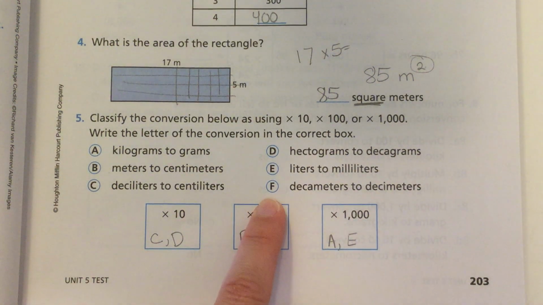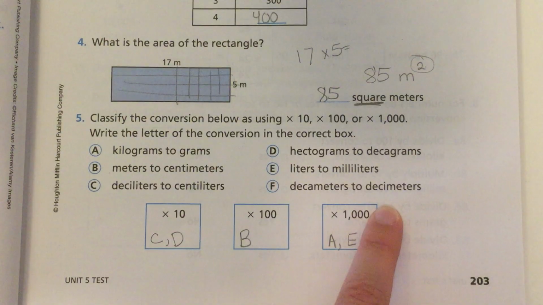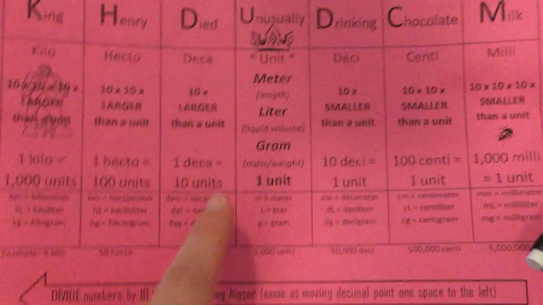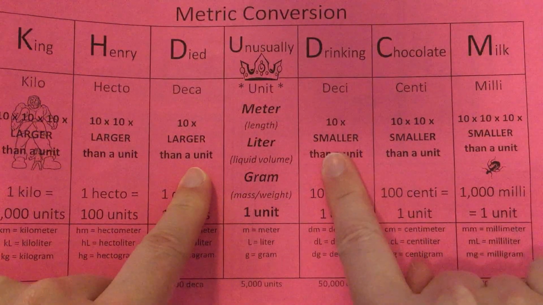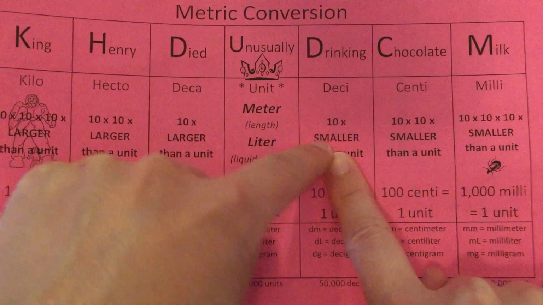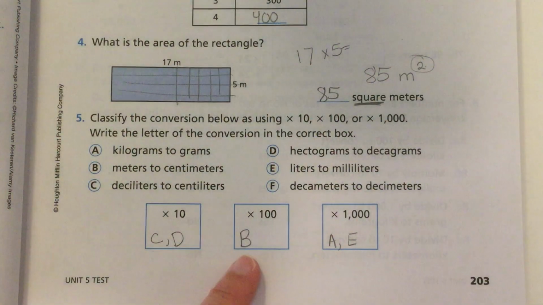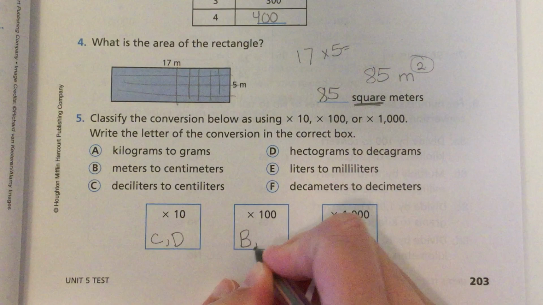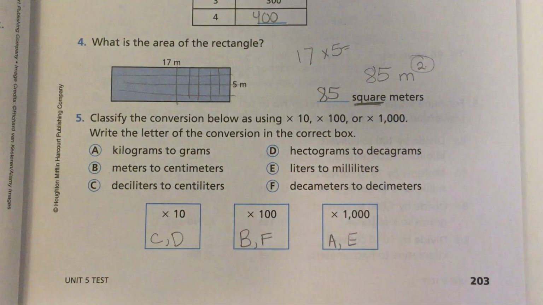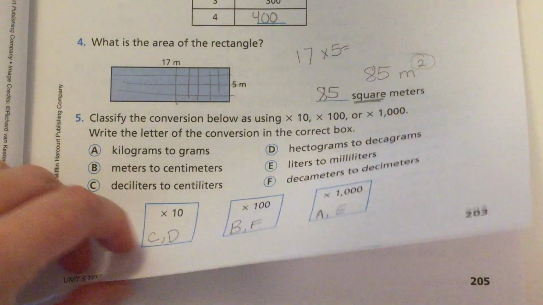I have 1 left. It is F. Deca to deci. Oh, that's fun. It's the 2 confusing ones. So deca to deci. How many hops? 1, 2. 2 hops. That means times 100 because 100 has 2 zeros in it. So that's how I answer that problem. Let's move on to page